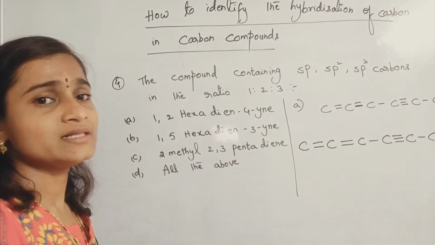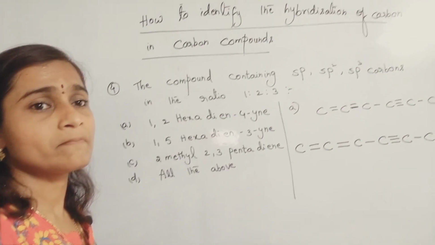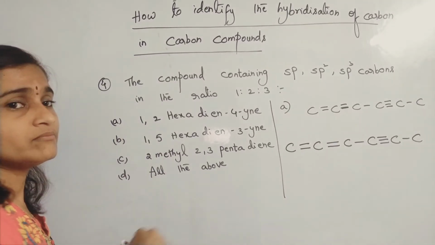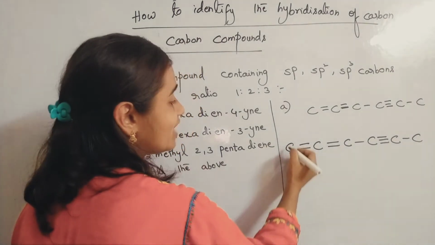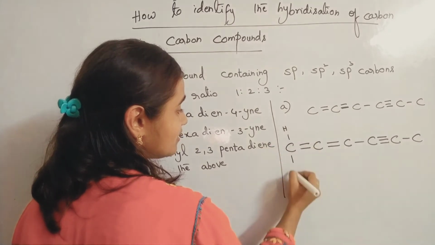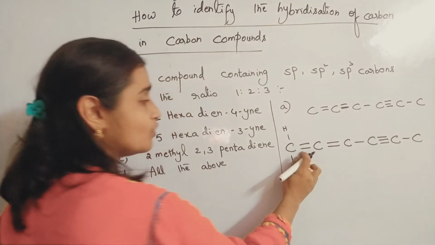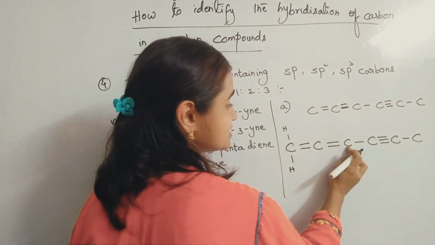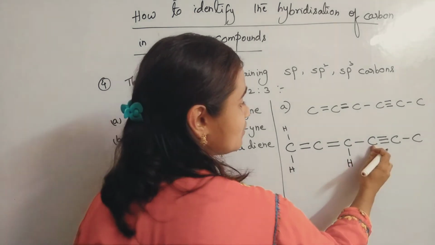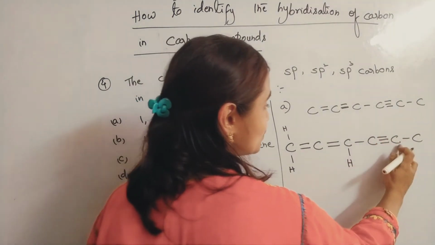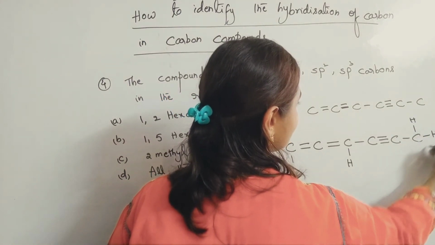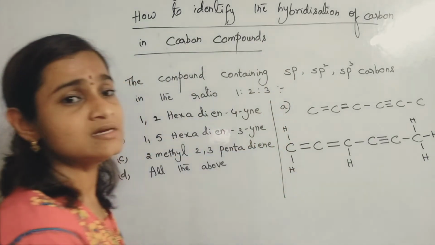You can see now. Right, so this is the structure which we got. Now we have to attach hydrogens. 2 bonds are already there, so 2 more hydrogens. Here 4 bonds are already finished, so no hydrogens. Next, the third one has only 3 bonds done, so you have to attach one hydrogen. For this carbon, already 4 bonds done, so no hydrogens. For this also no hydrogens. For this you have to attach 3 hydrogens. Yes, this is the structure.